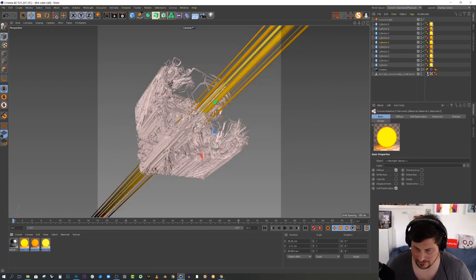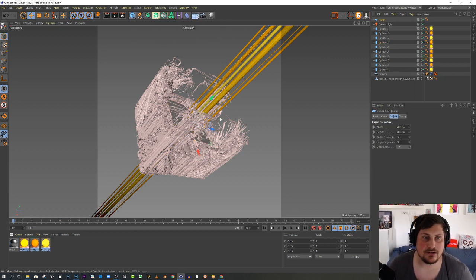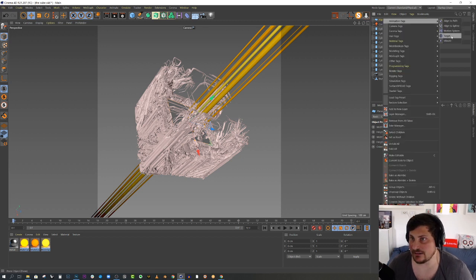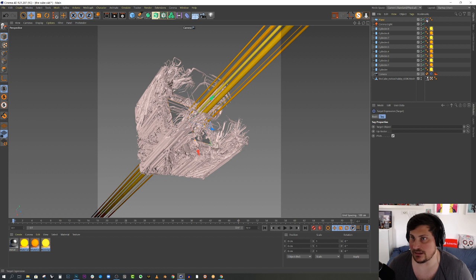Let me go back to my color palette. Blue that I was looking at before. Okay, we could try with some aquamarine to make sort of like a background for this guy here. Let's take the plane, let's right click, target, and I want in the target of the plane to